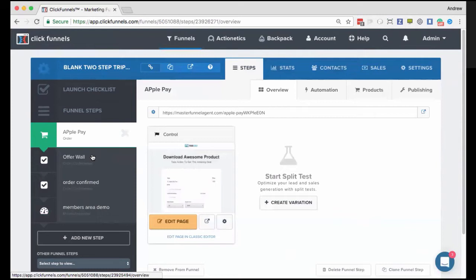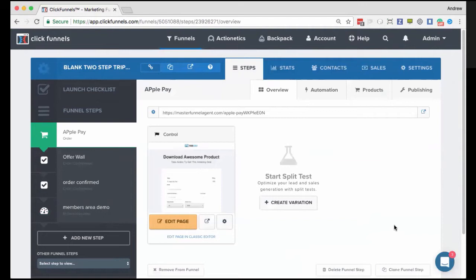As far as the roadmap goes for order forms, I don't have any ETAs on when specific features will be launched. However, when they are, you will be notified. Obviously, we'll talk about them here on the webinars, as well as you get a notification inside of Intercom in your messages there about new things. So pay close attention to those, and hopefully it'll be soon. Awesome. And he's probably using the CF card mode from FunnelU. If you have any issues with that, you can also open up a ticket with support, and they can assist you with that as well.